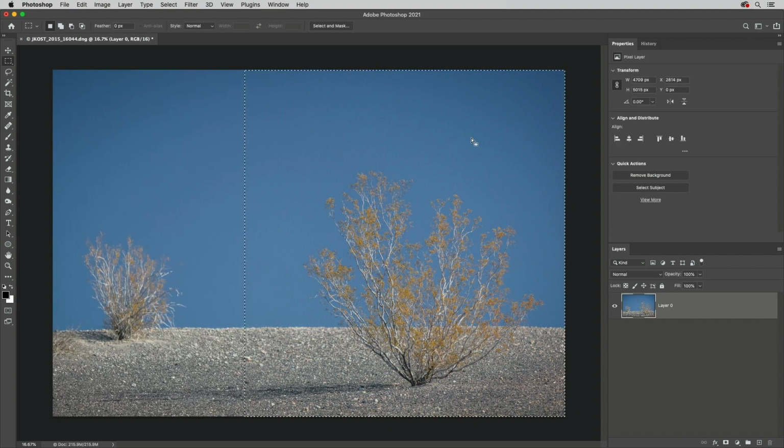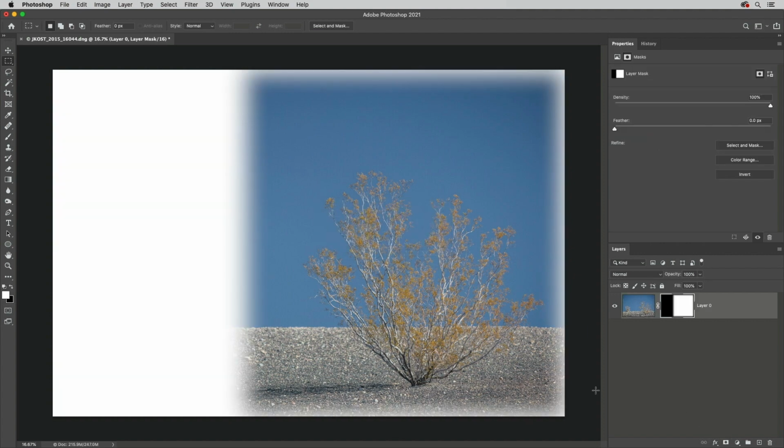Let's undo that, tap Shift F6 again, and this time enable Apply Effects at Canvas Bounds. Now, when I add the layer mask, Photoshop has applied the feather along the center as well as along the